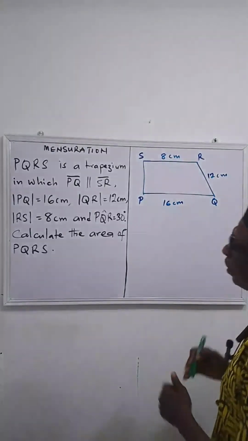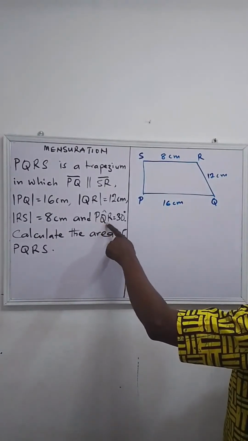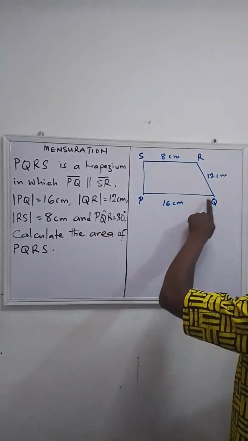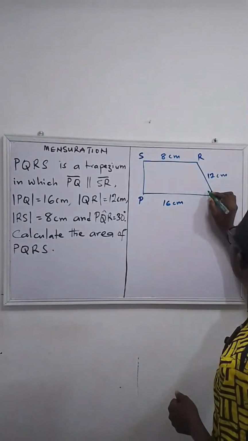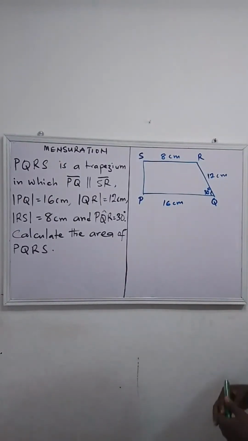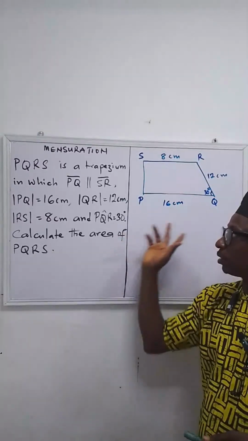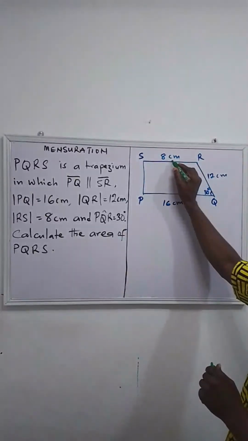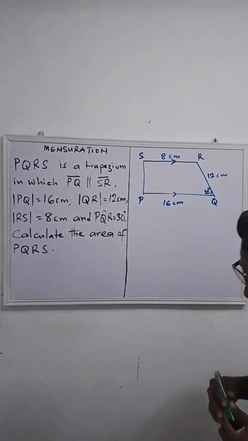Okay. So now look at the question. We are also given angle PQR. This angle here is given to be 30 degrees. Okay. All right. So now the question wants us to calculate the area of this trapezium. Now this line is parallel to this line. Don't forget. All right. So to do this,